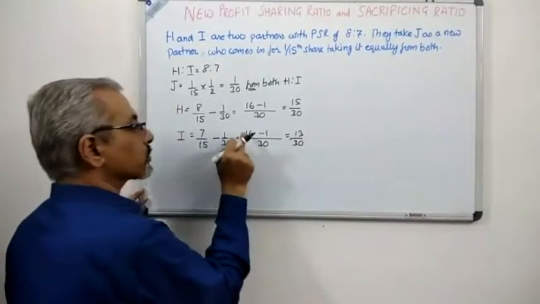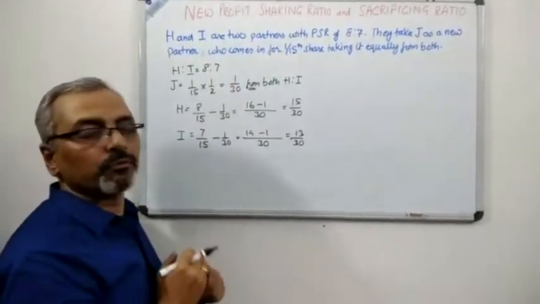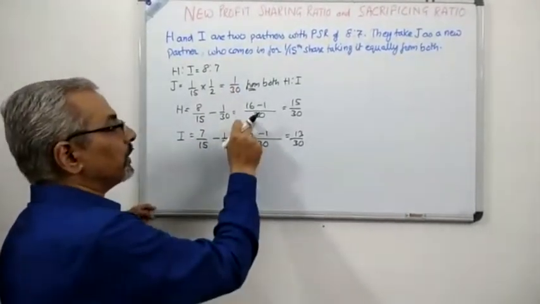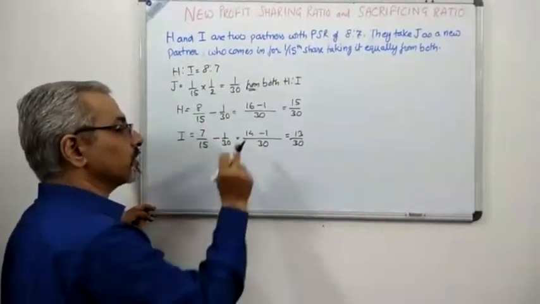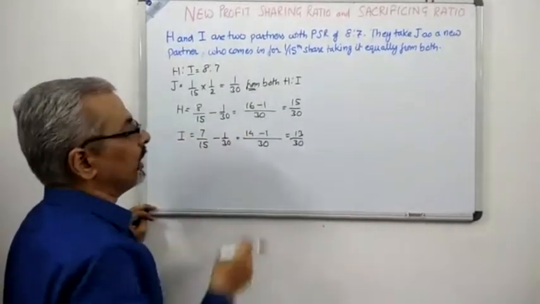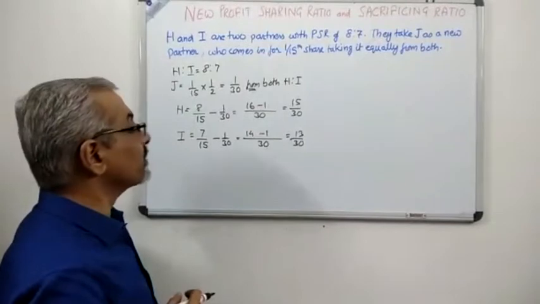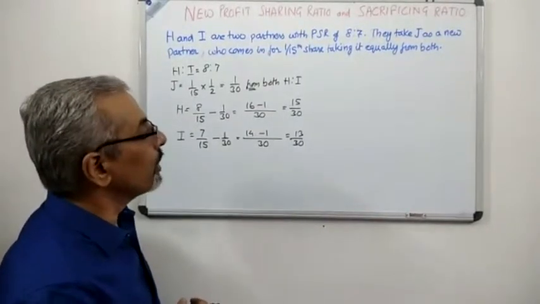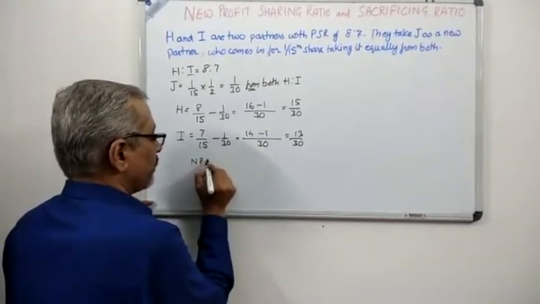I hope you understood how we have got a 14 over here, how we have got a 16 over here. If you have not, it's very simple. 30 divided by 15 gives you 2, and 2 into 8 gives you 16. Similarly, 30 divided by 15 gives you 2, 2 into 7 gives you 14. And over here we obviously have 1 and 1. So you can see over here H and I have a ratio of 15:13,